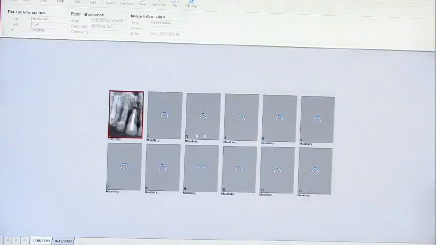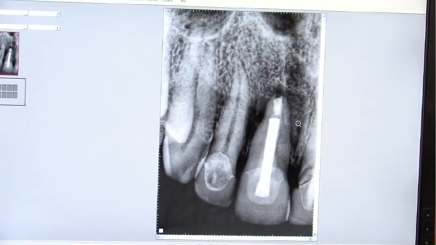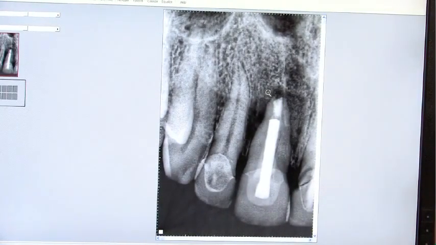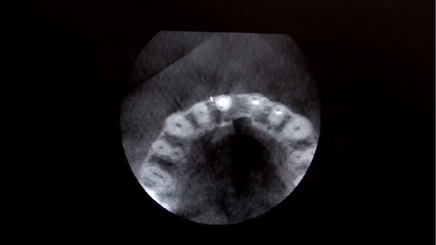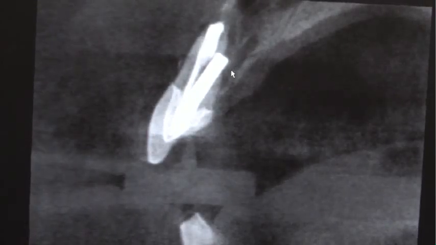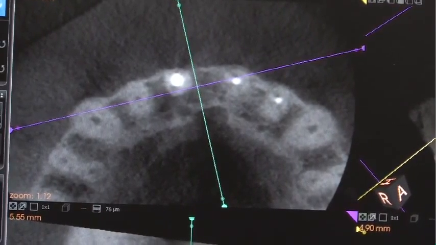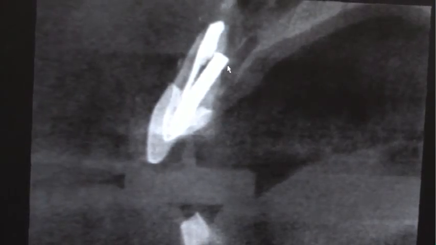This patient presented with a complete history of initial root canal therapy, retreatment, and then surgical root canal therapy. But once we took the cone beam image, we could see that the cause of the patient's symptoms was actually that a post had been placed outside of the tooth, and that was causing a persistent abscess. In 2D x-ray, the post appears to be within the tooth structure. But once a cone beam image is taken and we can look at the tooth from the side view, we can see that the post is actually going outside the tooth and into the patient's bone, and that becomes a